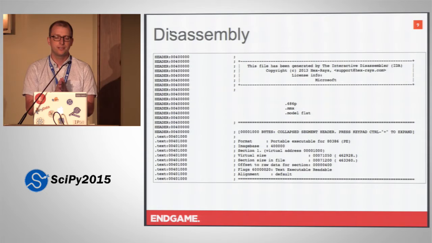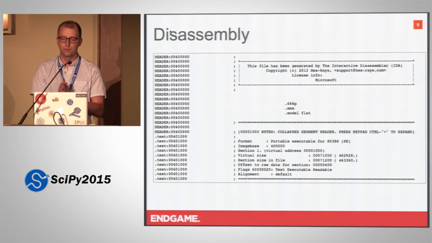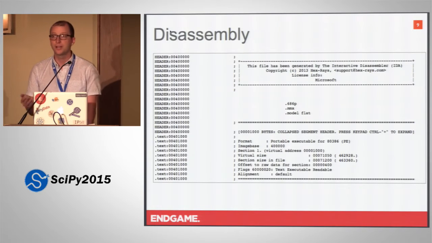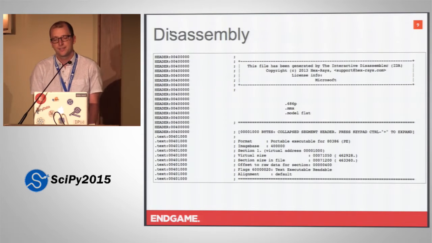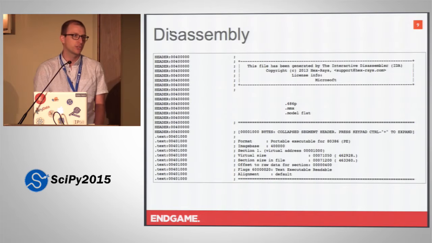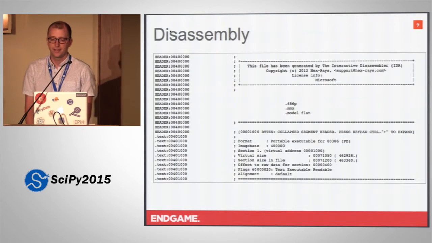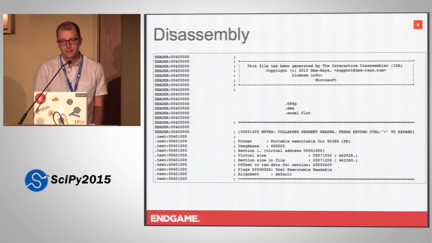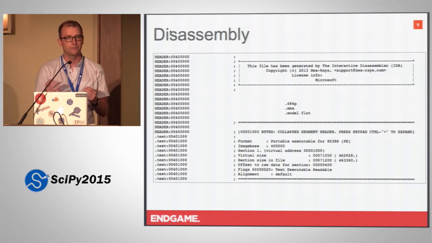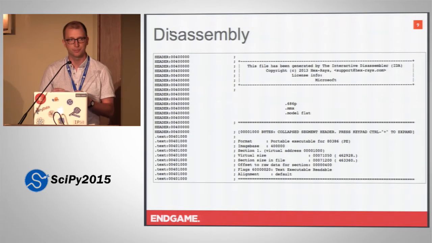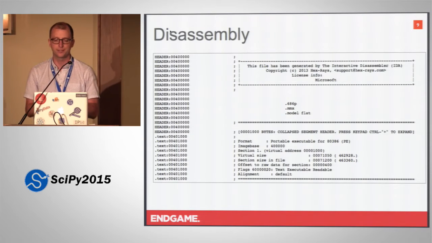So this is the raw text dump of the output of a program called IDA Pro, and that's the interactive disassembler there. It's pretty much the leading disassembler on the market. It's commercial, it's restrictively licensed, and it's also very good at what it does. IDA Pro is meant to be run interactively by a reverse engineer, and that reverse engineer is meant to unwrap parts of code and find out what it's doing and relate it to other parts of code, and this tool is excellent for that.